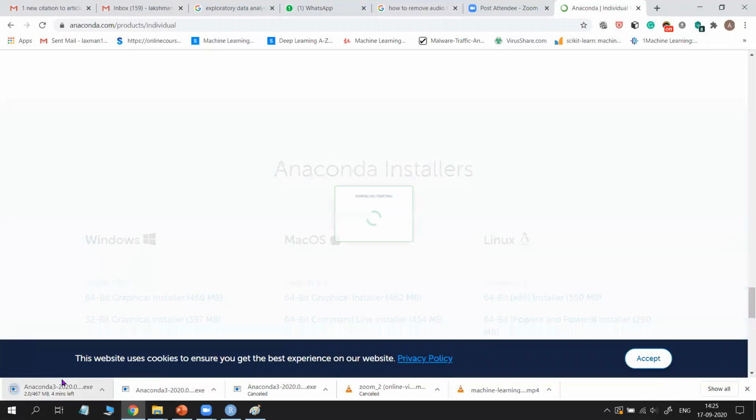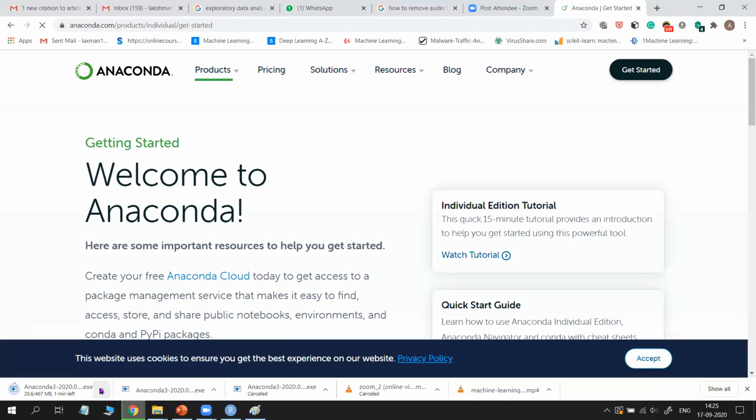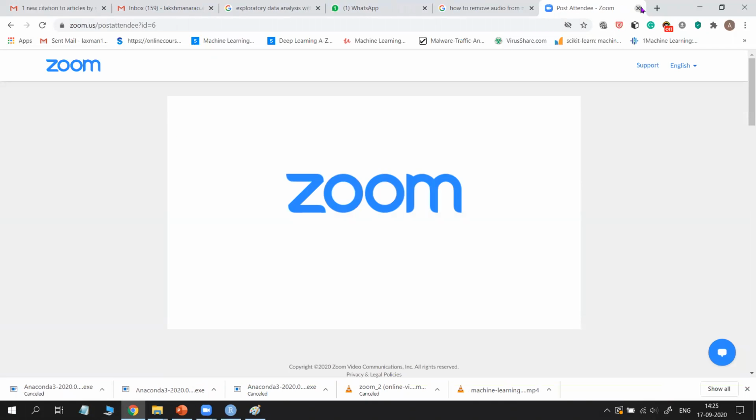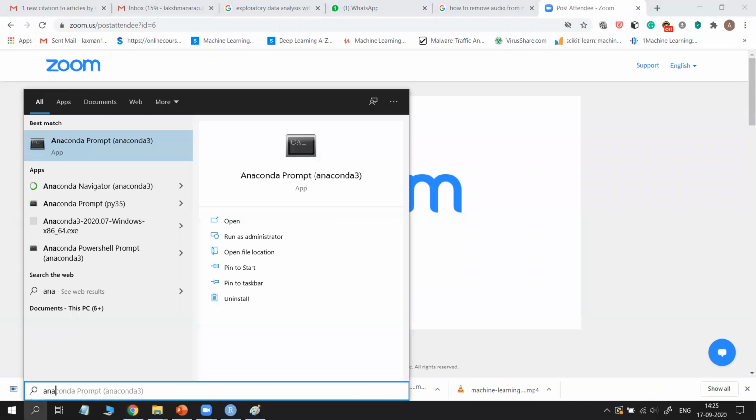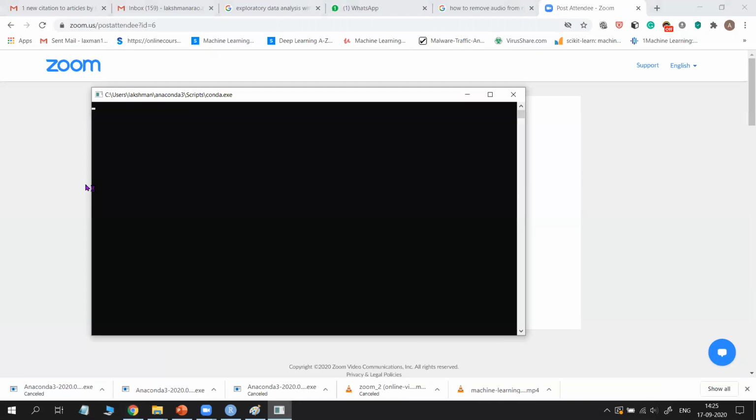It is already downloaded in the system. Then you know how to install it. Just click next, next, next, and finally the Anaconda software is installed on your computer. So after installation, how do you open Anaconda? Simply click Anaconda Navigator. You need to go to Anaconda Navigator.